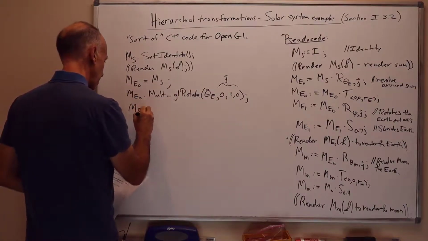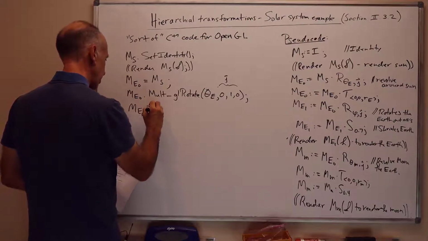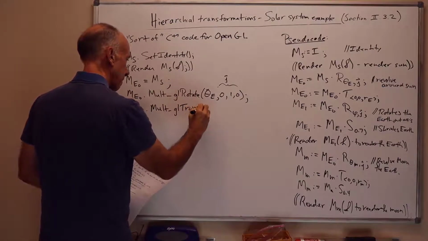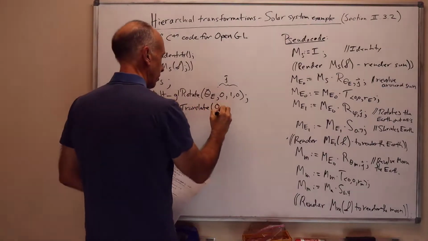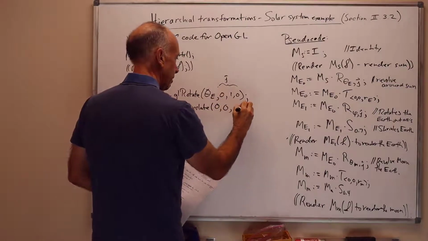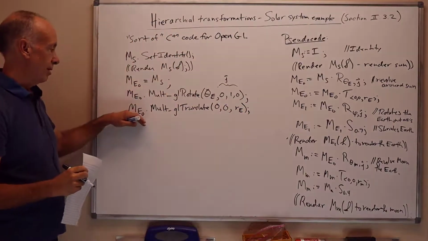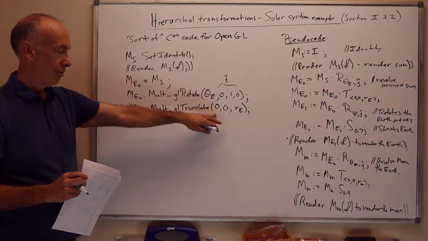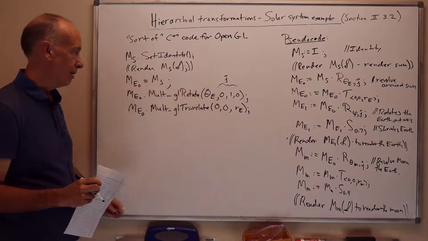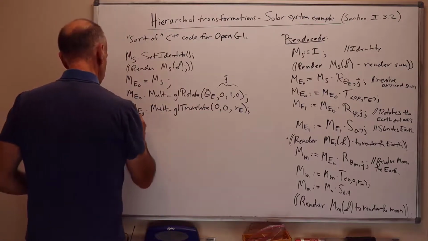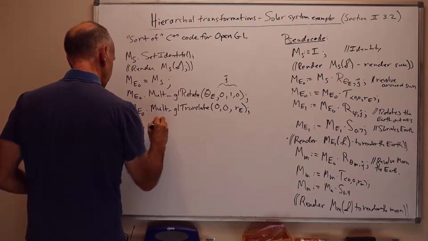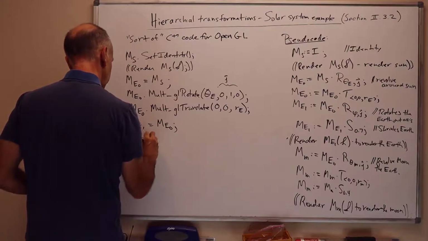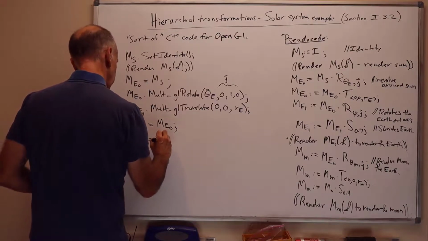And then we have M E0 dot mult GL translate 0, 0, R sub E. And this multiplies the matrix M sub E0 by the translation matrix, which translates by the amount 0, 0, R sub E. And then we do M sub E1 equals M sub E0. We make a copy explicitly. And then we do M sub E1 dot mult